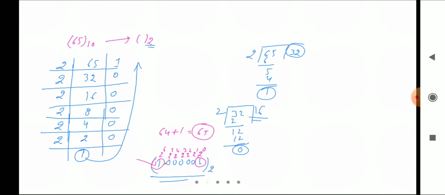Okay, fine. Let's see the next example. So already we have seen two examples for binary. I think you can solve other examples also. So I will not take an example of decimal to binary. Now I will take decimal to octal. I will take a decimal number and convert it to an octal number. Let's see.